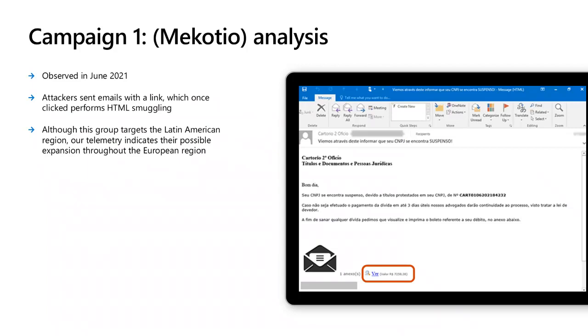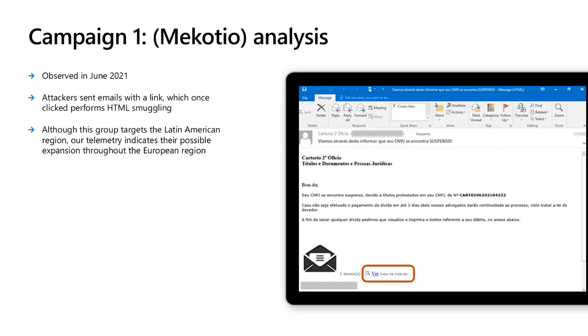The basic idea behind categorizing this group is that these attackers are most specific towards the Latin American speaking region, and they target regions like Mexico, Brazil, Portugal, and similar regions. That has been their main geolocation for attack, but over time we are seeing in our telemetry that it's expanding towards European regions and trying to become widespread. In this first campaign, in the month of June, we saw a big spike